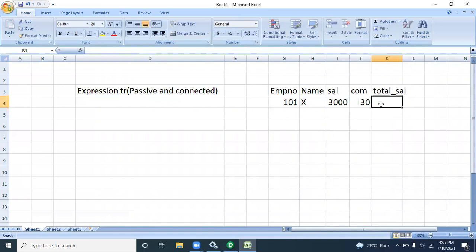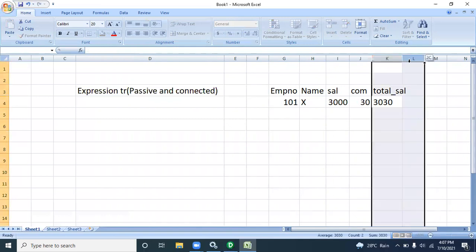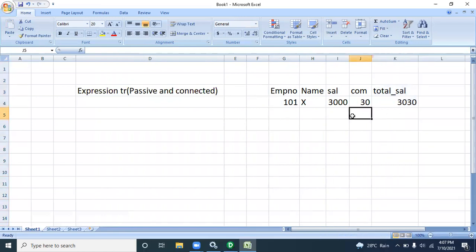So total salary should be 3,030 rupees. A new column, total salary, will be generated using the existing data. We are not changing the existing data, but adding a new column populated using existing data.